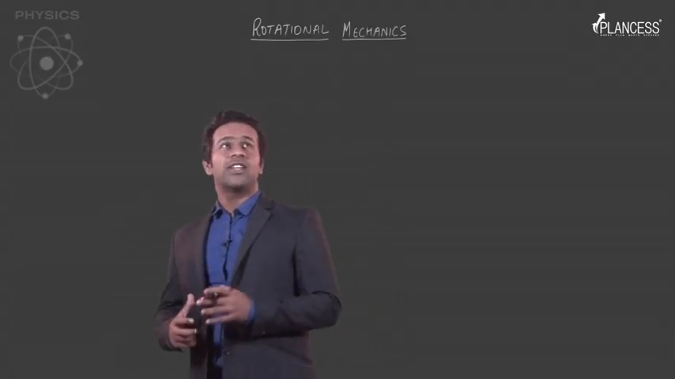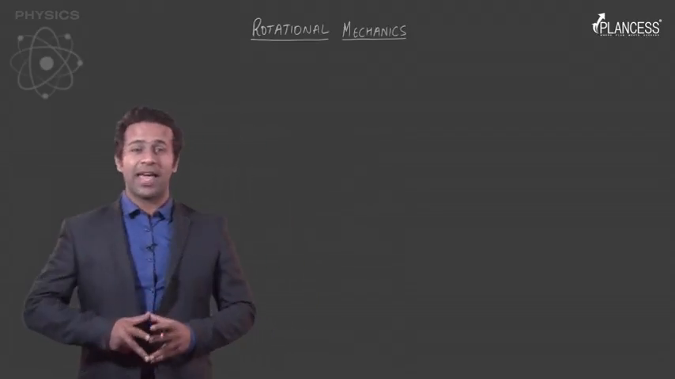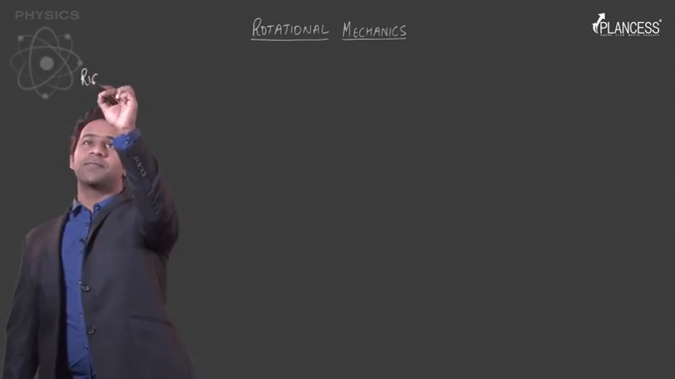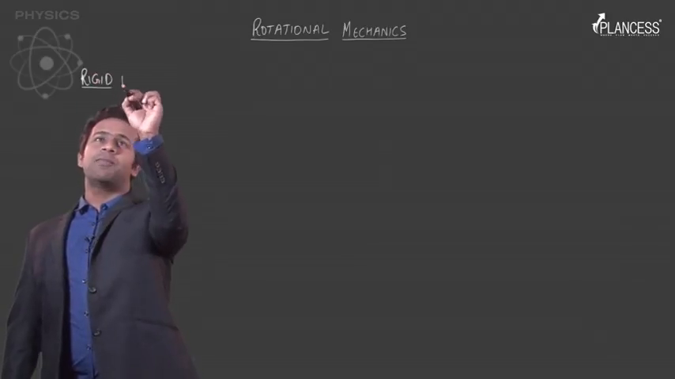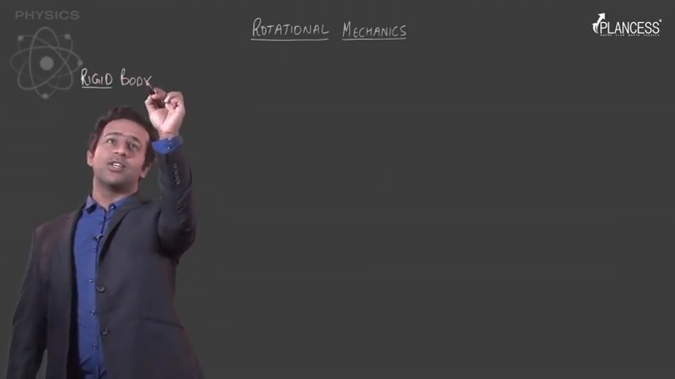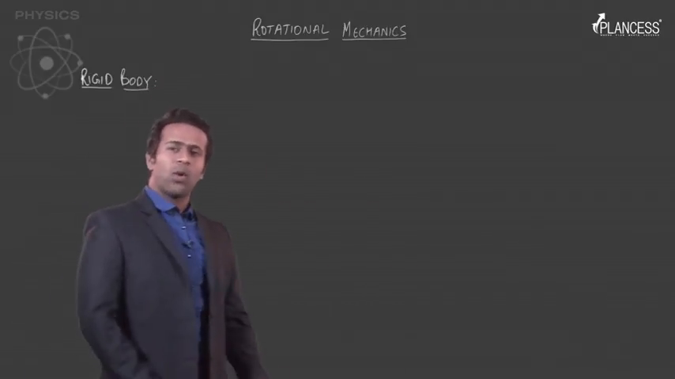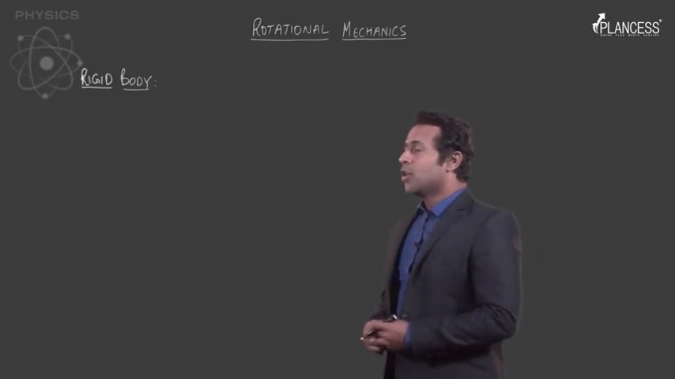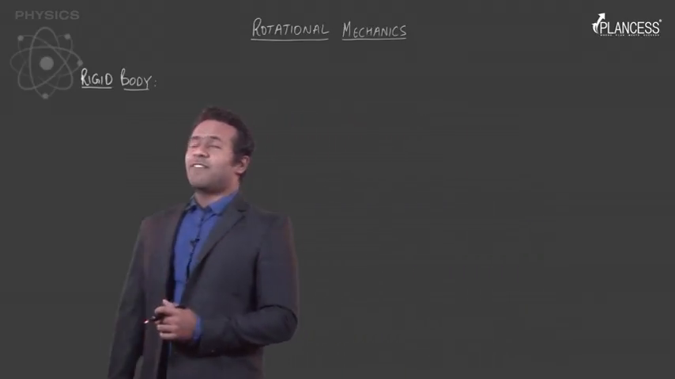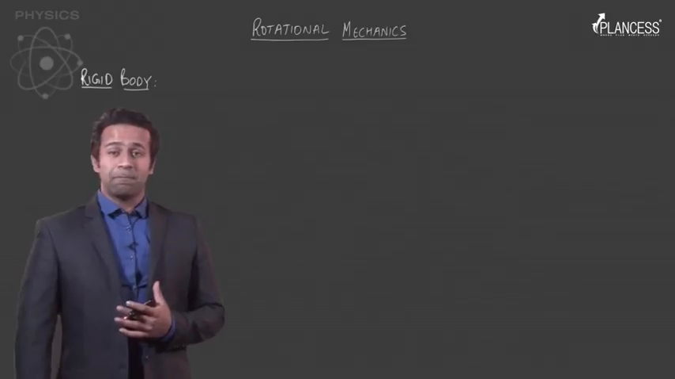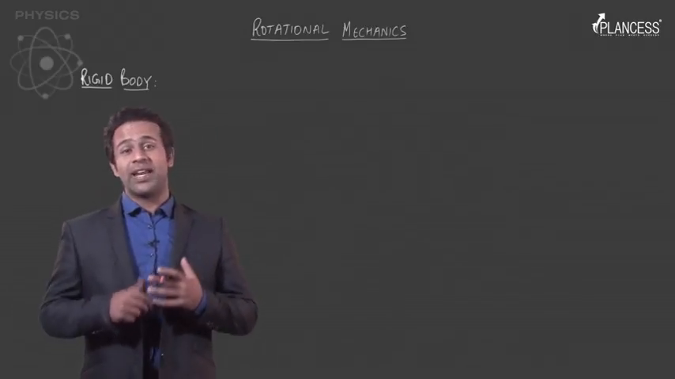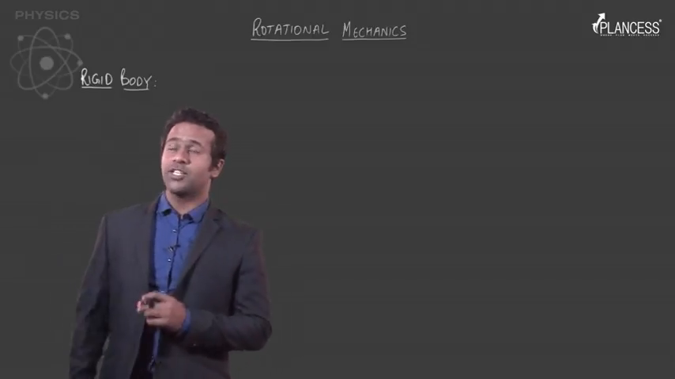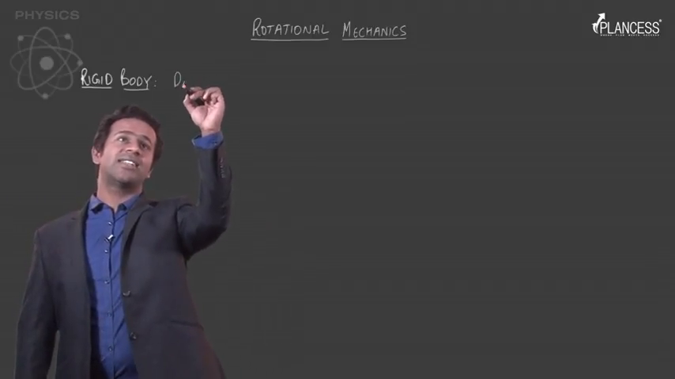Right. So before we start our discussion on rotational mechanics, let's first understand what a rigid body is. So a rigid body, as you understand, is a body which does not essentially change its shape, right? So in strict definition, a rigid body is a body where the distance between any 2 points on the body would not change. So a rigid body is such that the distance